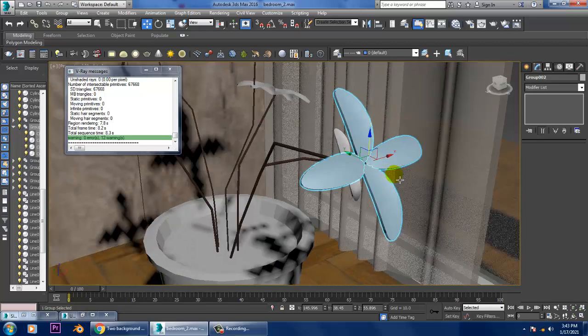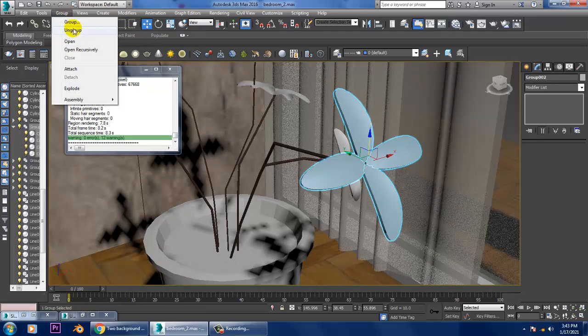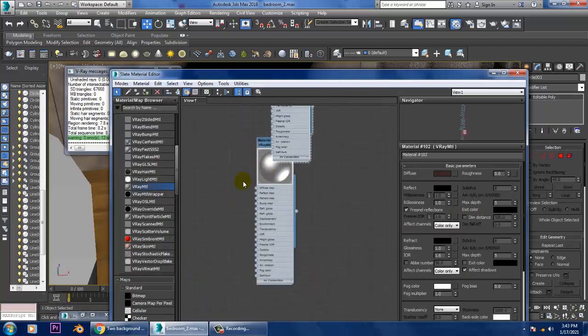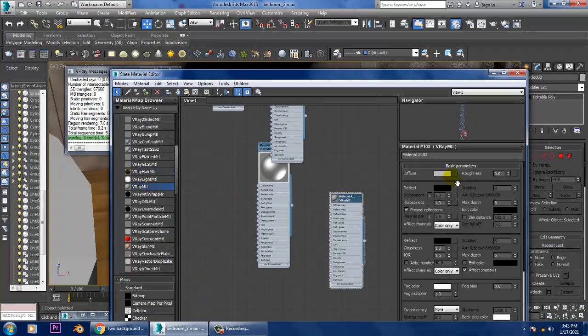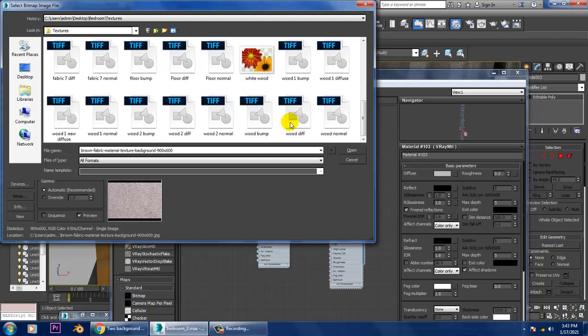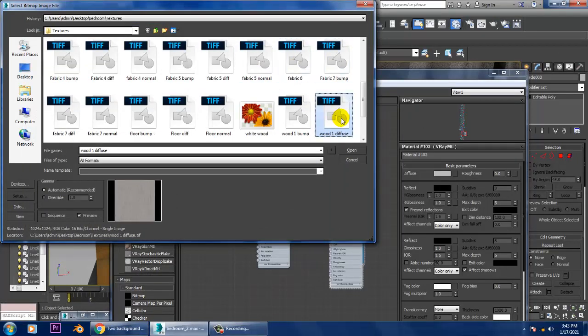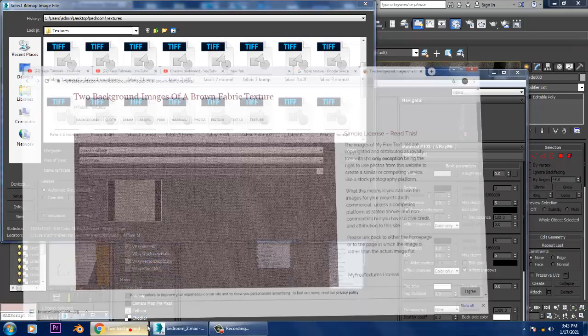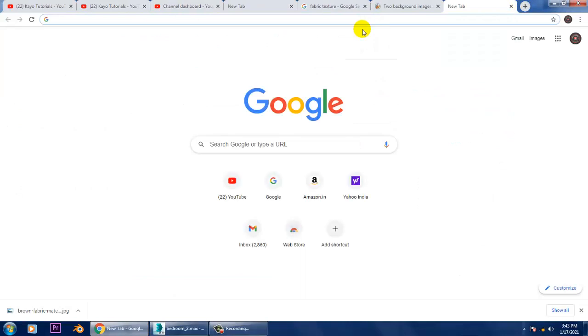We need to ungroup this. So let's select this, go into material. Let's take again a V-Ray material, go into bitmap and leaves. You can take a leaves texture over here.